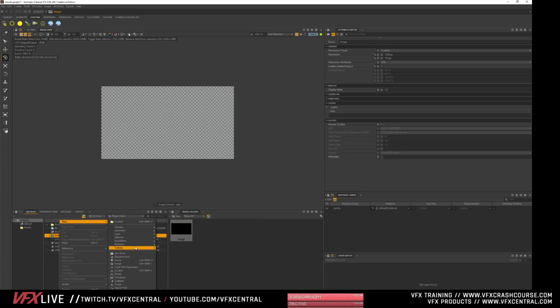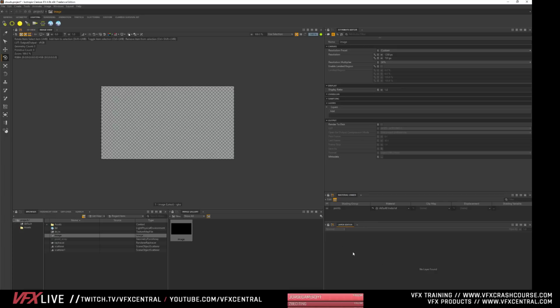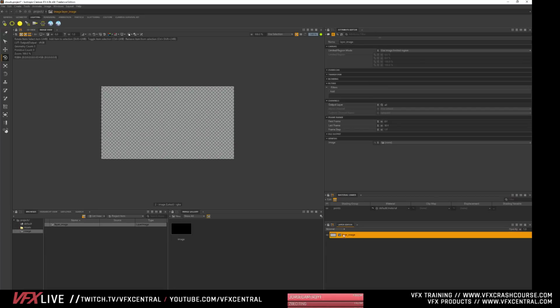One moment. Let's see, group path. Sorry, guys. Thought I had this thing. There's a way to do the new file image where you choose the renderer.